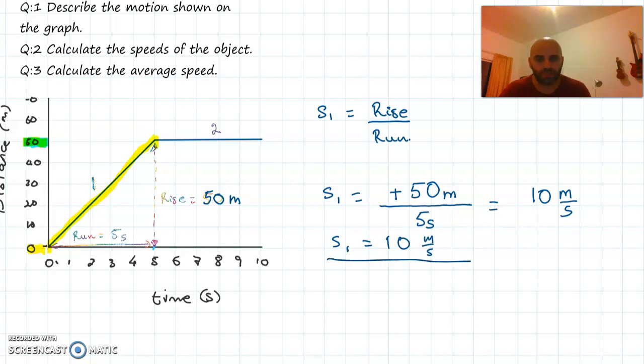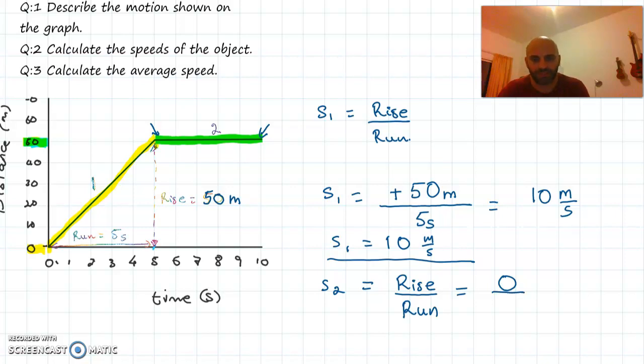If we now look at speed number 2, so speed number 2 is again going to be the rise divided by the run. So speed number 2 is for line 2, and we know that it's stationary, and we know that the answer should be 0, but let's make sure that the math says that as well. So if you notice, from the start of this line here, all the way to the end of this line over here, the rise is actually 0. It hasn't risen at all. So that's 0 meters,